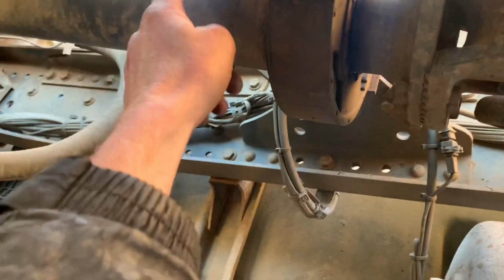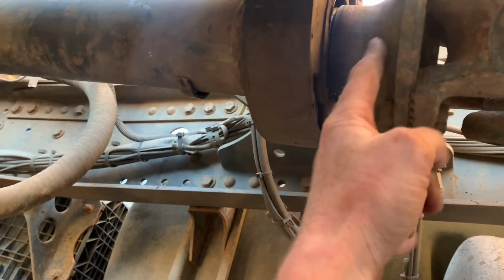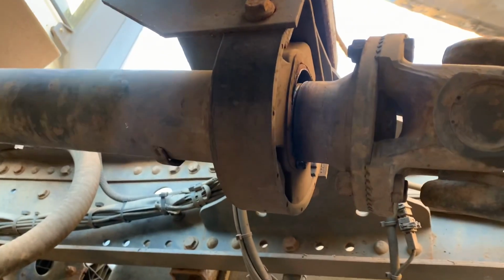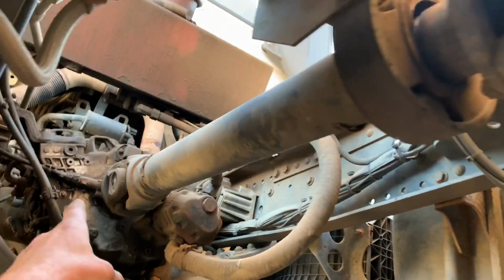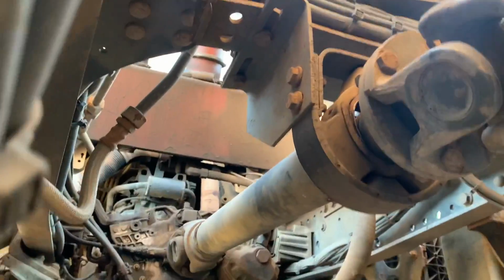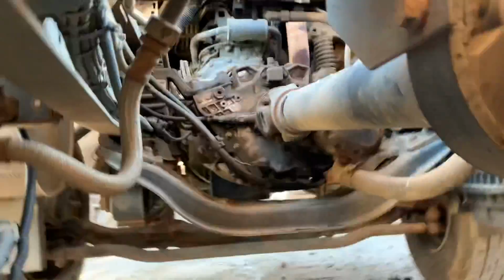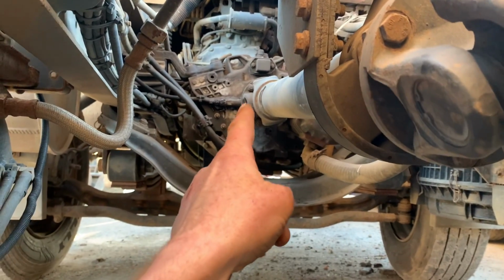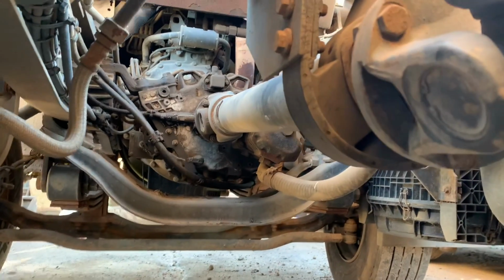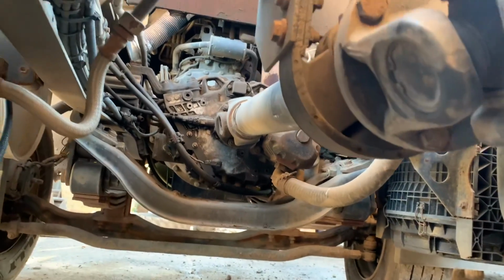But just do a chalk mark here, look, along your prop and along your flange, so you know where to put it back to, because if you get your prop shaft out of alignment, hang on, this is out anyway, look, someone's had this off and haven't put it right, because look, this one is further down than that one, so no need to worry about chalking this one because it's in the wrong place anyway. So yeah,